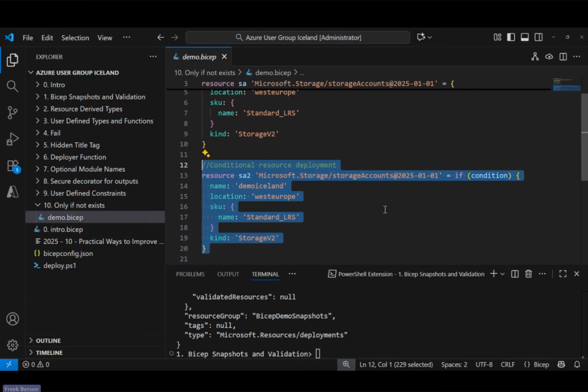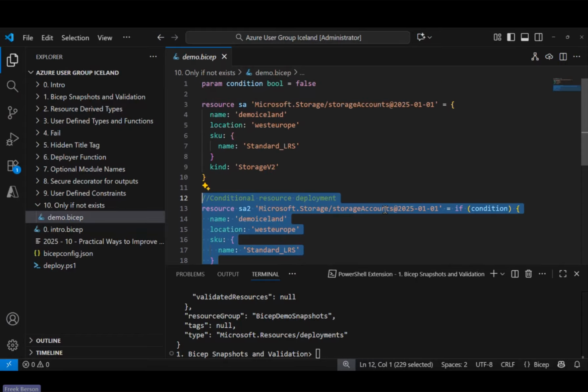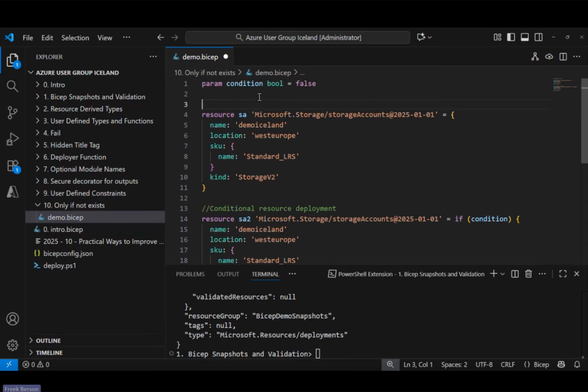That is great, but let's go back to the larger deployment we had in the beginning with all of the modules and submodules and super large environment. Sometimes you might want to take that deployment and only deploy a subset of it. And that's what you do with this new decorator right here. So if I do only if exists, it will simply skip the creation of this resource if it already exists, which is a great way to take, as I mentioned, a large deployment and only deploy a subset of it by just skipping resources if they already exist. So that was feature number 10.